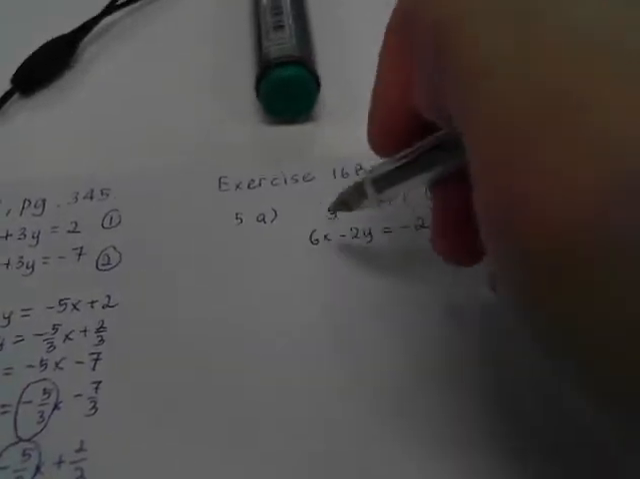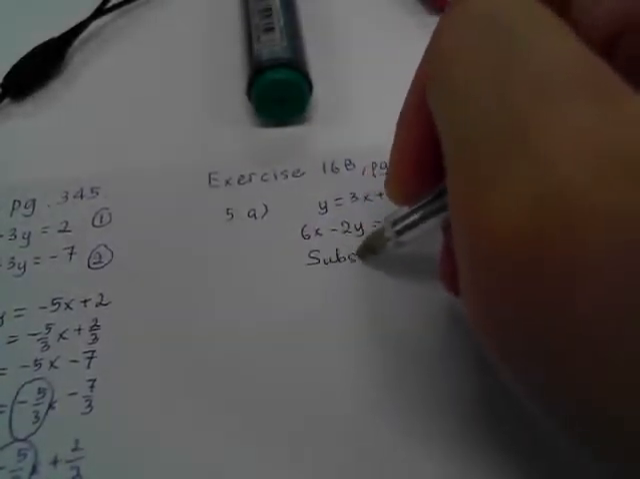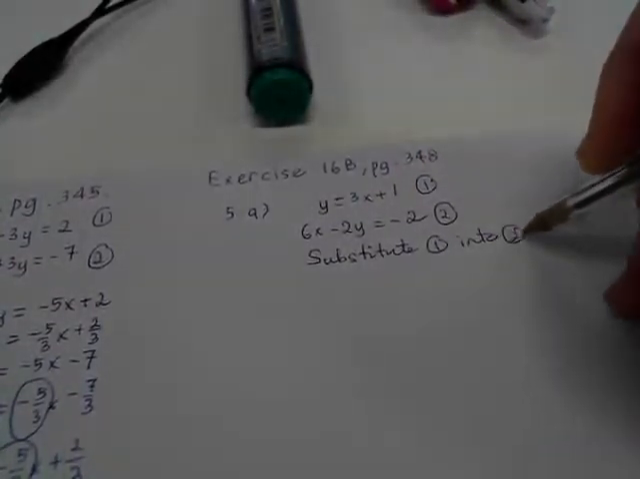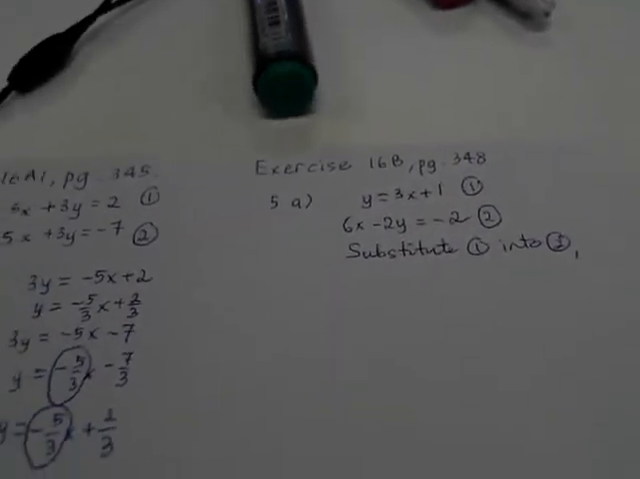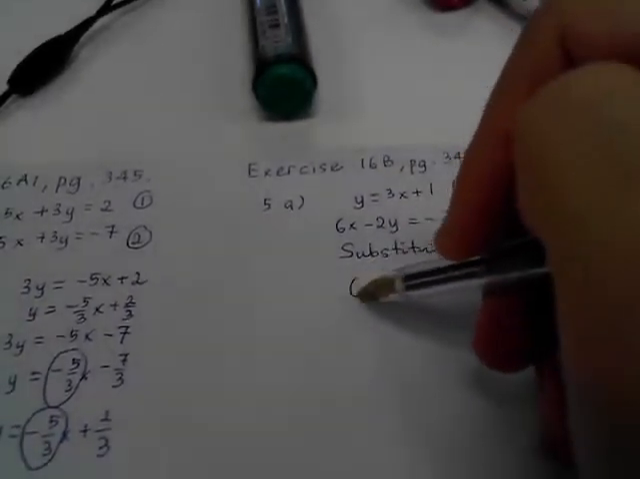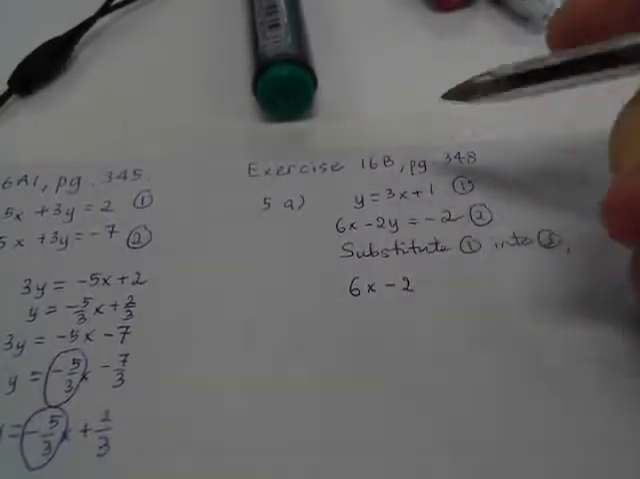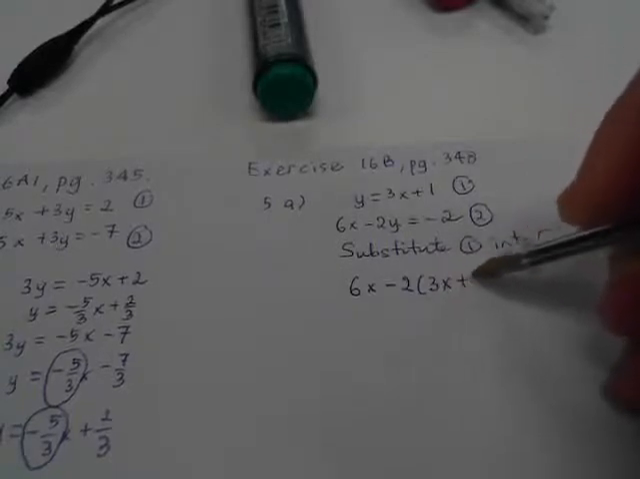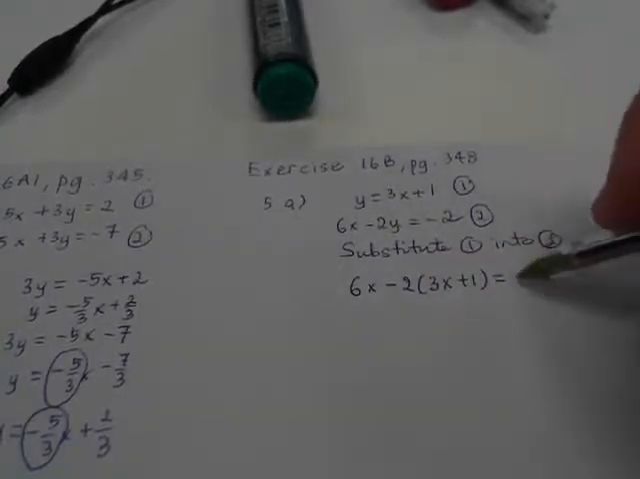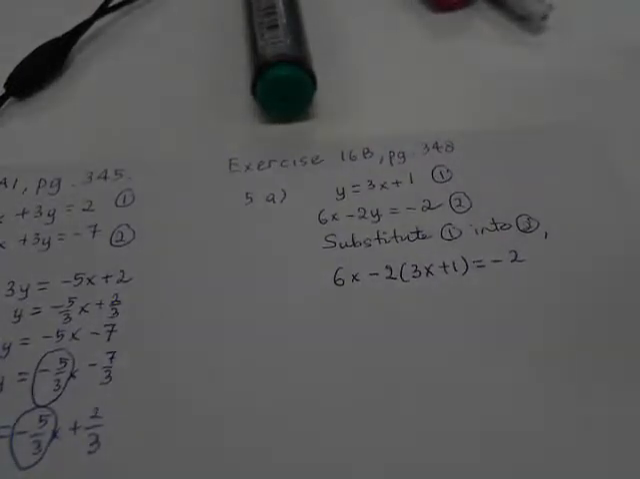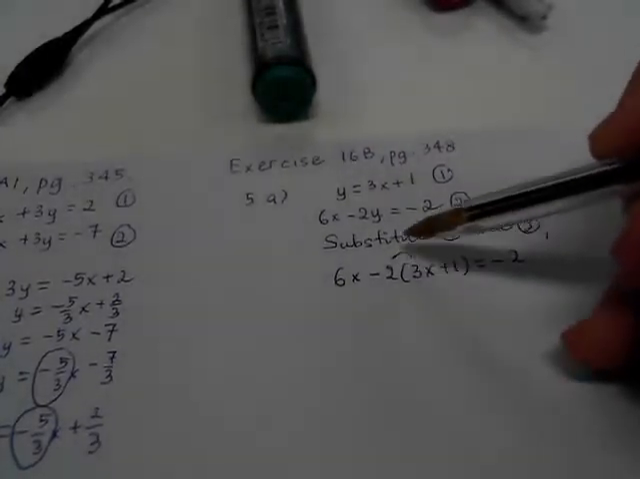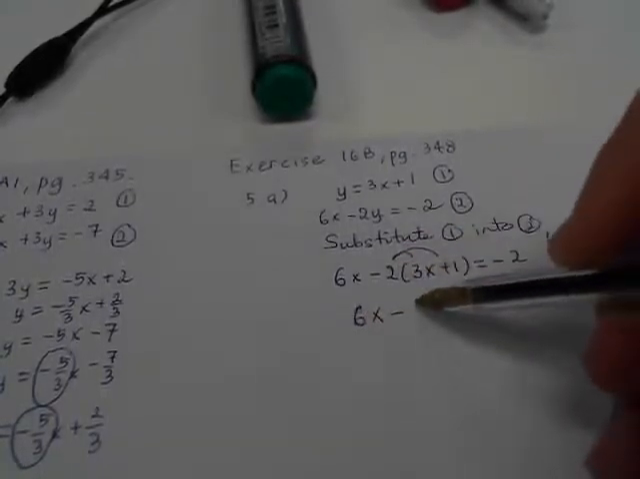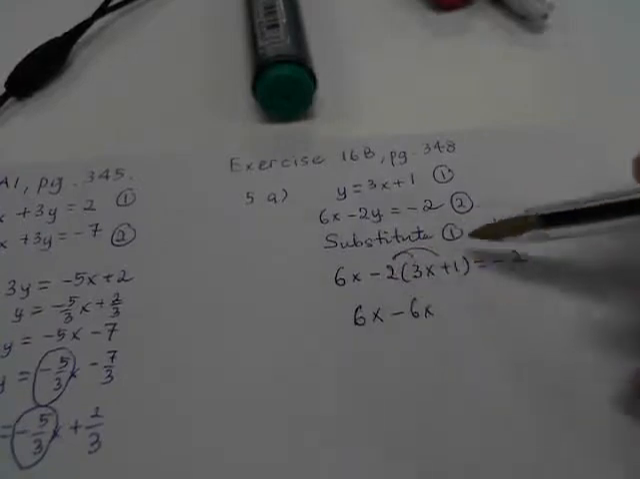So therefore we can say substitute 1 into 2, which means we will take equation 2, 6x - 2y. And we know that y given here is 3x + 1. So we substitute 3x + 1 into y, and that will be equivalent to -2. Looking at this here, we will definitely expand it. So 6x - 2 times 3x will give you -6x. Minus 2 times plus 1 will give you,